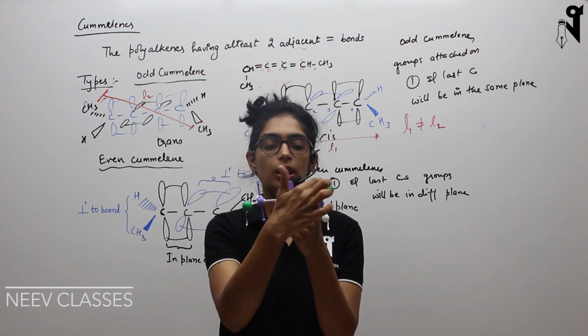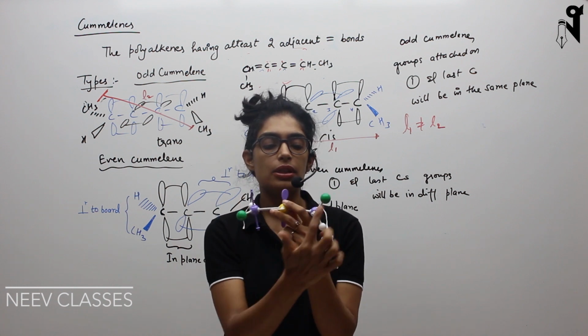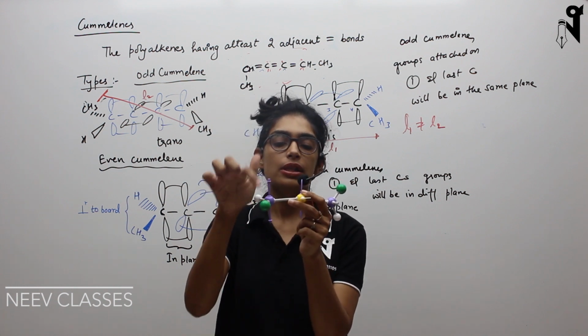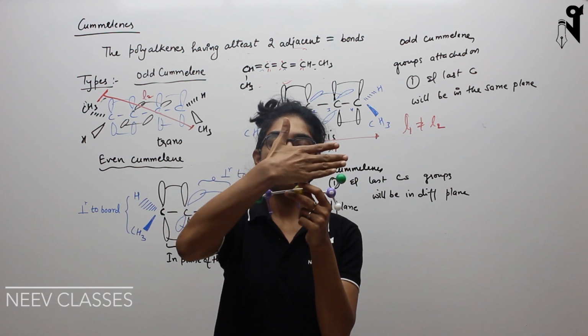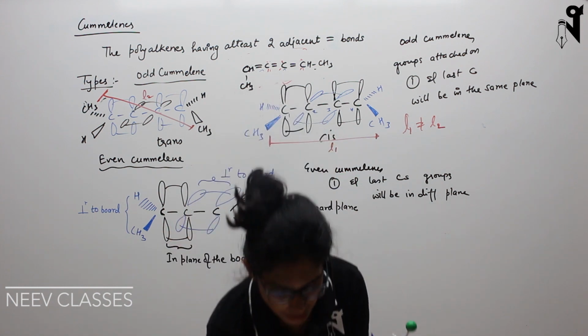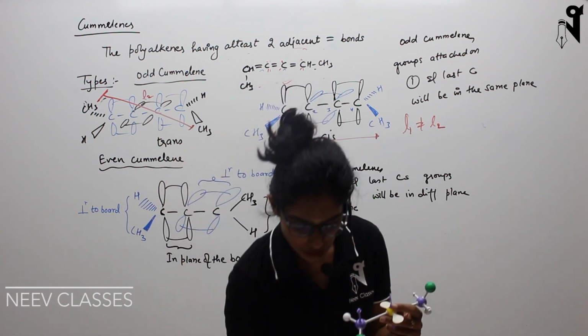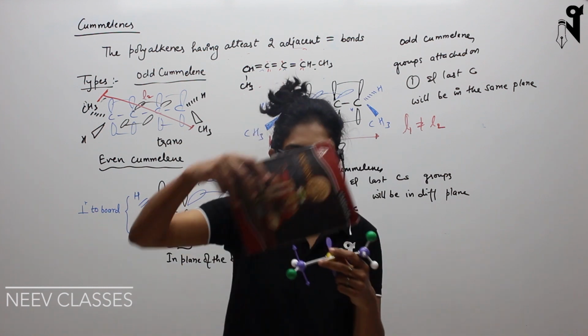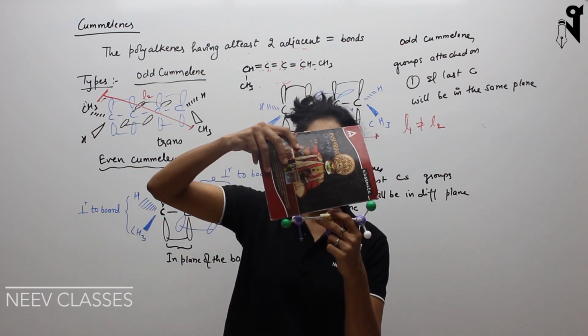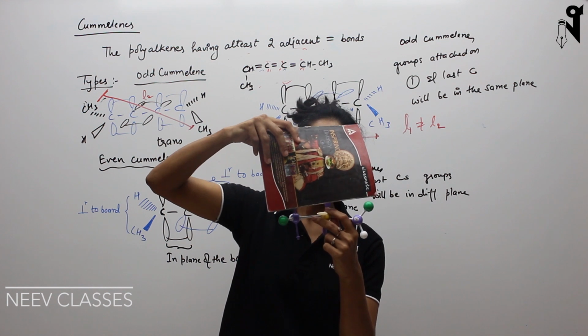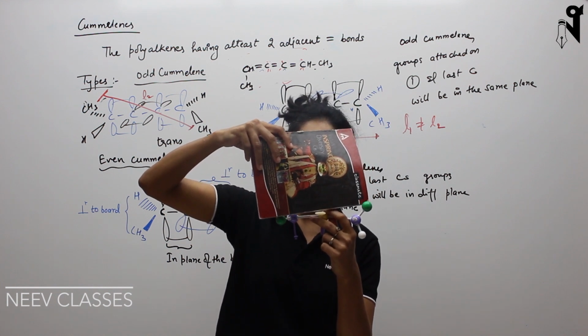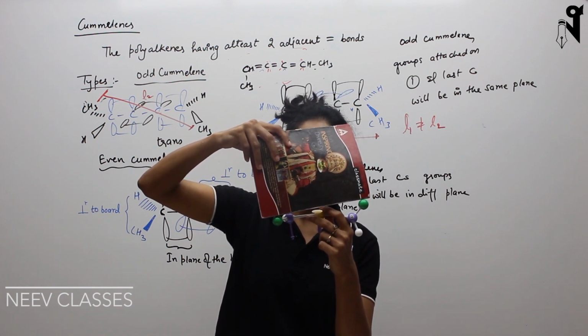This is one CH3, and the distance between this CH3 and this CH3 is going to be L1. I don't know whether I can put a scale or not, but let me just see. Basically this is the distance, that's how I'll measure it. It's not one straight thing, it's a little diagonal. Yeah, so this is how it is.